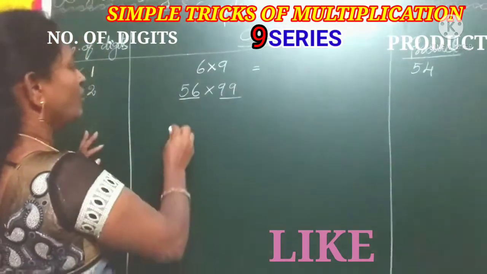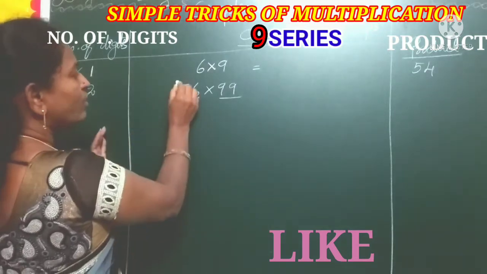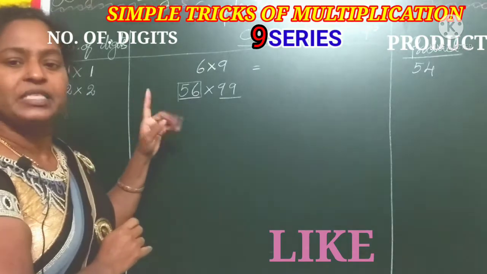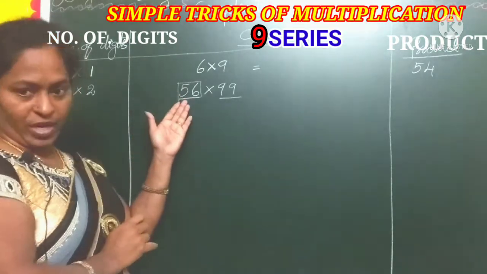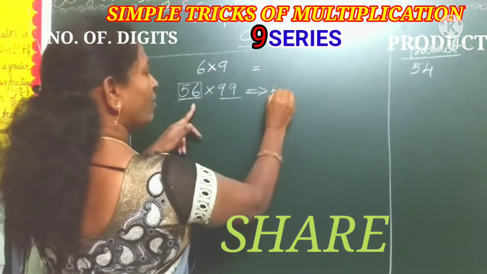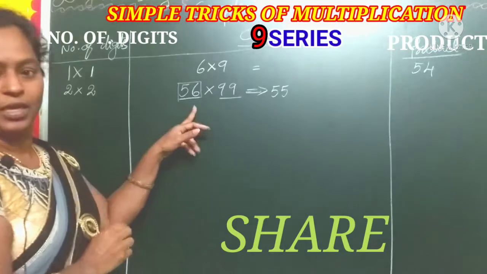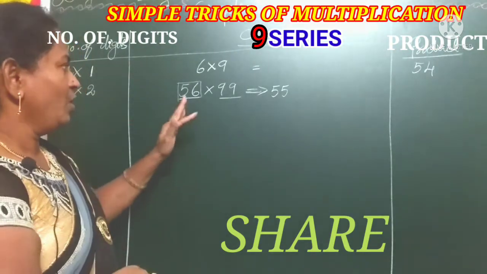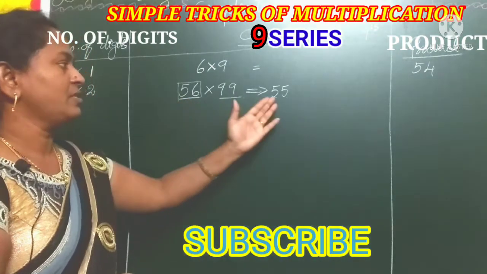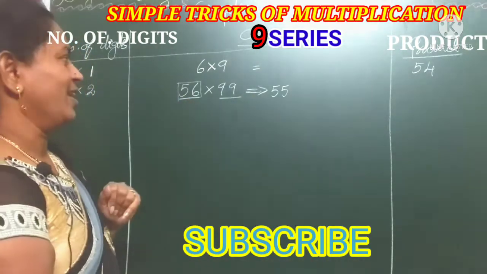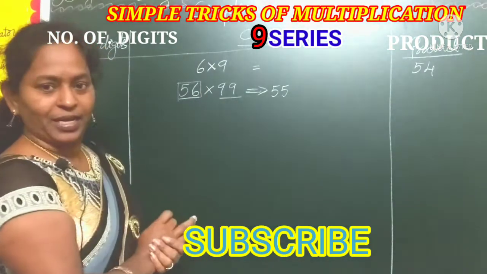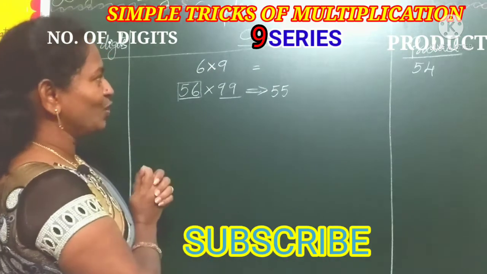But here, first what should we do? Here 56 is the number. First we should do minus 1, or the predecessor of this number. Minus 1 means 56 minus 1 is 55. Now this is the first point. We subtract 1, so 56 minus 1 is 55. Next, see, here 99 is there. One part is completed. Now what should we do for the second part?